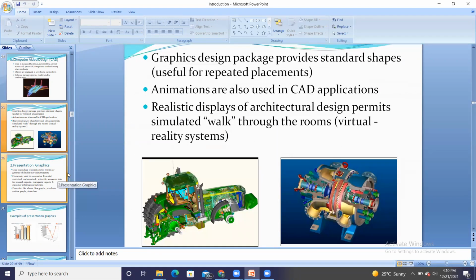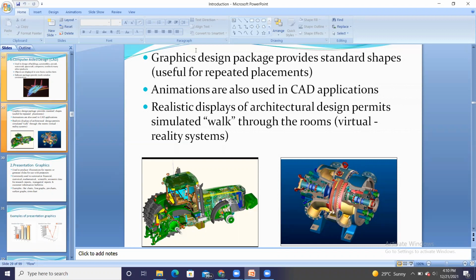This includes graphic design packages which provide standard shapes. Like in Turbo C during practicals, you may see that different shapes are already supported by Turbo C itself. These are inbuilt functions like rectangle, circle, and so on.